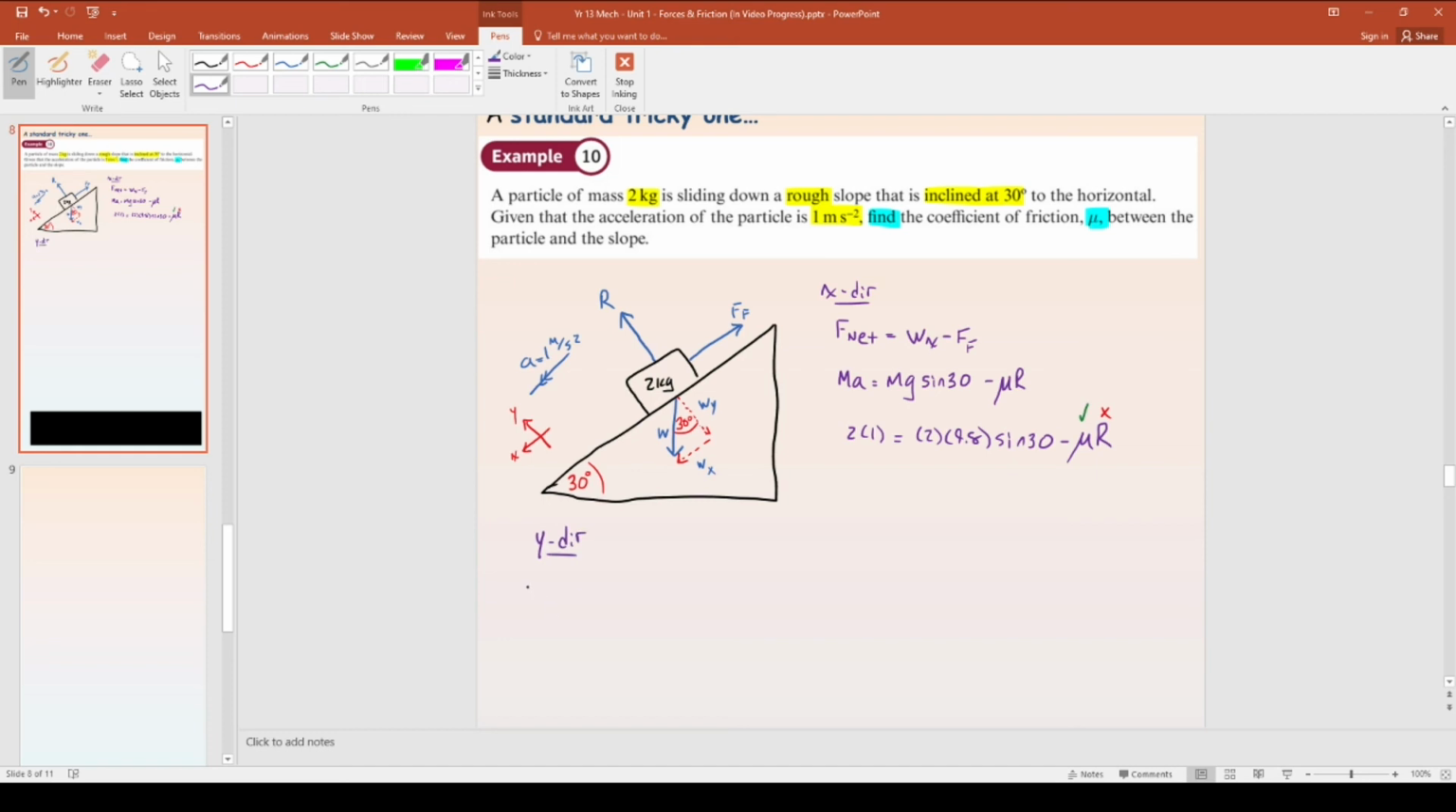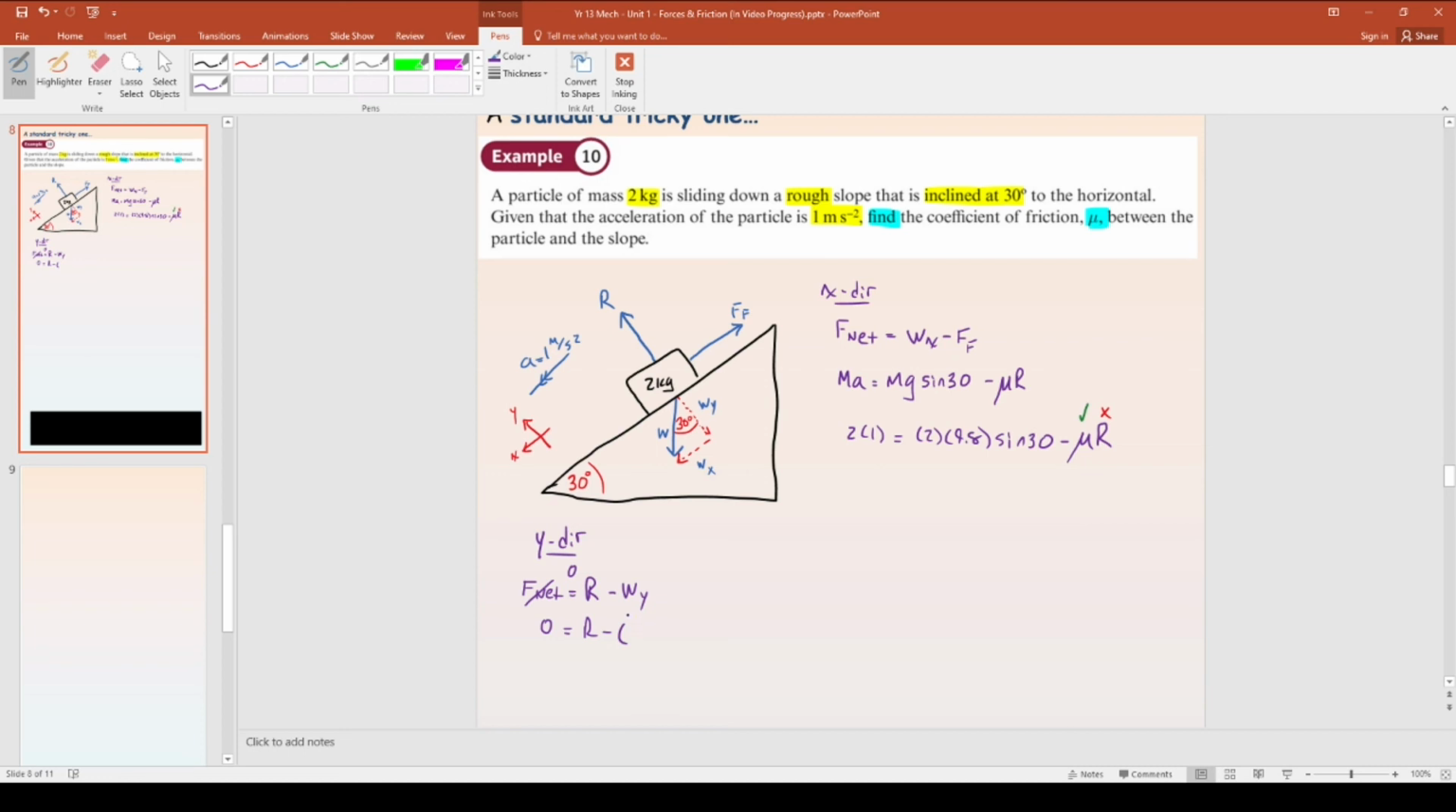Now if you go in the y direction, the same deal again, F net equals, and what's off the plane? Well, just r. What is into the plane? Well, wy. Is it accelerating off the plane? No, it is going to stay on that hill the whole time, so there's no acceleration off the hill. So F net's actually 0 in this case, which means 0 equals r, take away wy, and wy is mg, so it's going to be,